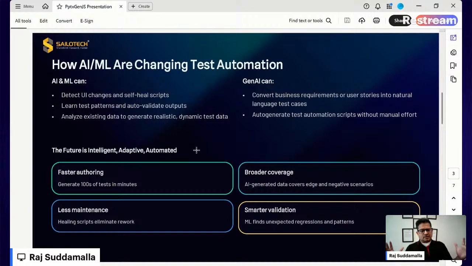The next one is coverage. Because of the dynamic data generation that you are doing, you can get broad coverage and all those things. That's what we can have. And because of the auto validation, you can make sure you are covering everything, and doing the smarter validation, whereas the manual things might get into